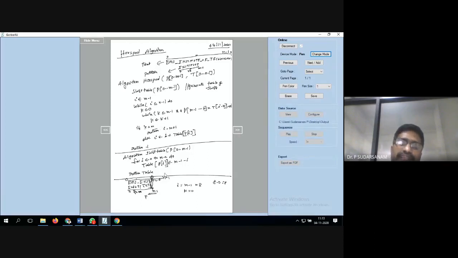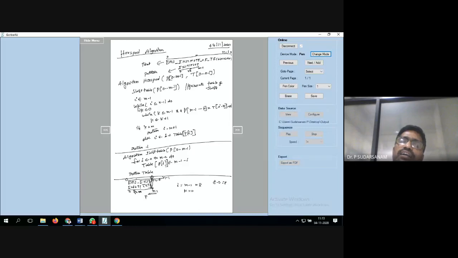Table, you know how to write it. I told you how to write it also: total m minus 1 minus j. So for that, you write the table. Automatically the table will be stored and returned. I have already told you how to execute this statement and when: i value less than or equal to n minus 1. As the i value increments by 1, the table values will be used. If it is not matching, shifting up to n minus 1, m minus 1, I can go for that.